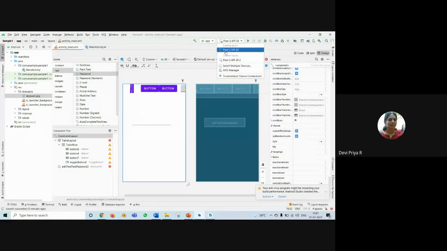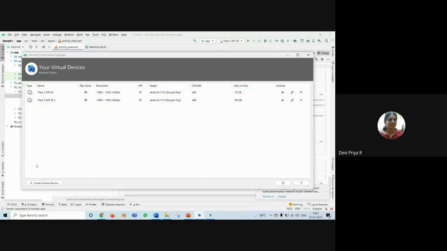So see here, I have created 2 devices. And you can select multiple devices also. And whatever you want to do in your AVD, you can do it in your AVD manager. And if you want to do it from your Play Store also, here also you can launch this AVD in the emulator. It is already running, so it is not doing.